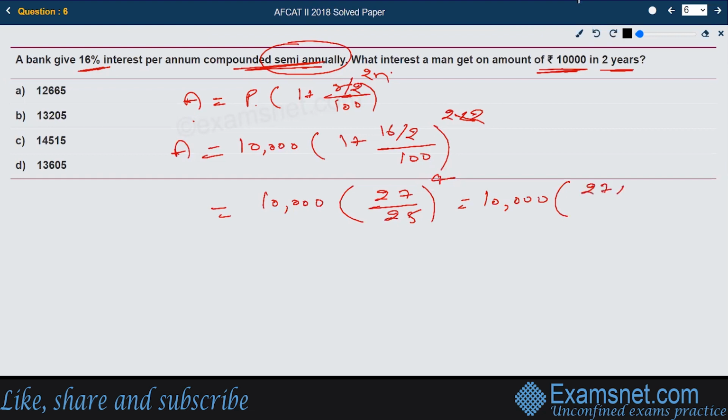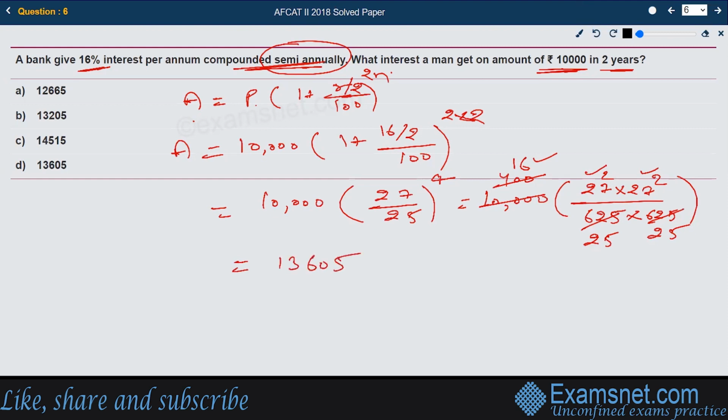This is going to be 27 square into 27 square divided by 625, that is square of 25 into 625. If you further solve this, we can cut these numbers by 25 times. So 25 is 400 times, then again 25 divides 400, it will be your 16. So if you further solve these numbers, that is 16 multiplied by 27 square multiplied by 27 square over your 625, we get the final number as